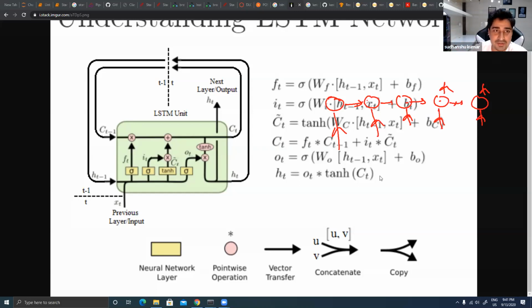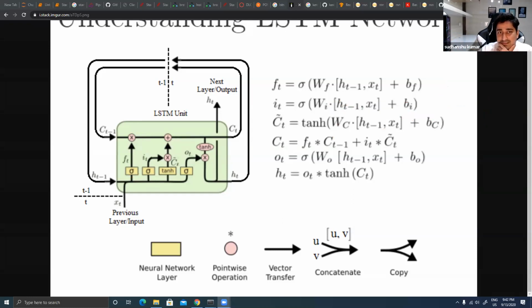Because we keep on updating this context, and we keep on forgetting the previous one. So it will be able to take long words, long sentences, but for the very first part, it has just a short term memory. That's called STM, short term memory. It will be able to remember only for a very small fraction of time, or for a very small epoch, because we keep on changing these things. That's the reason it's called long short term memory.